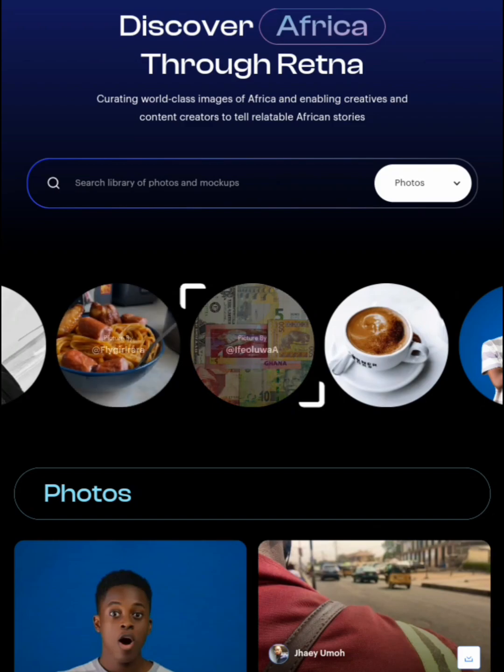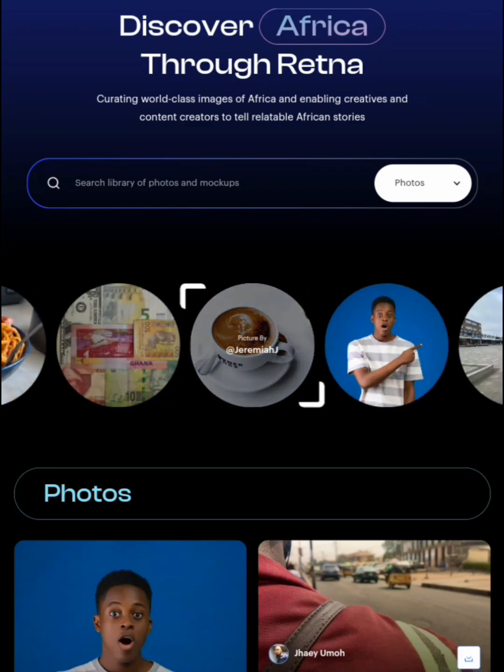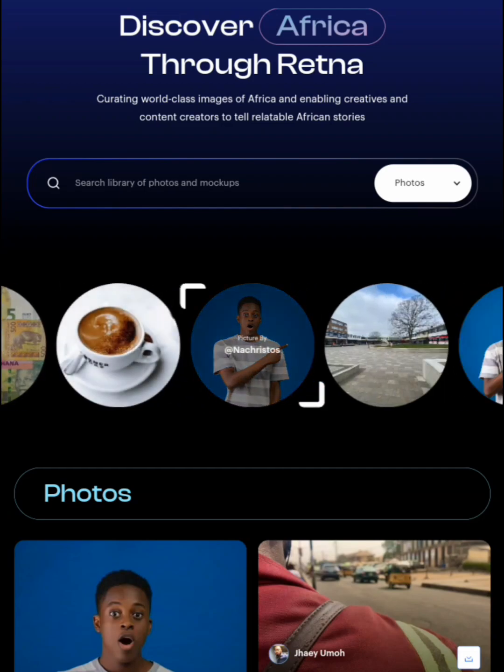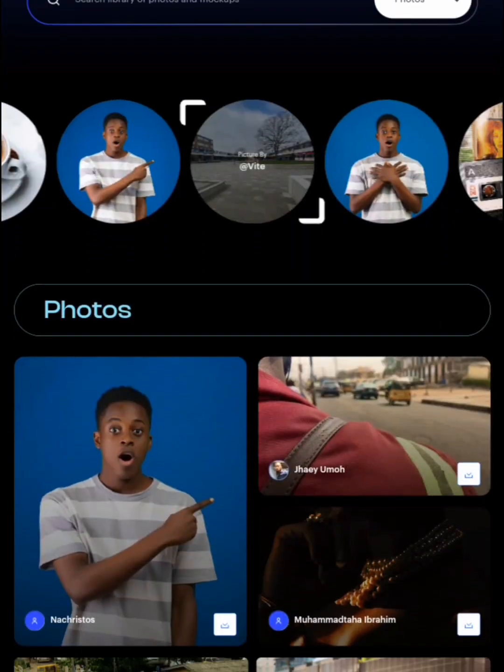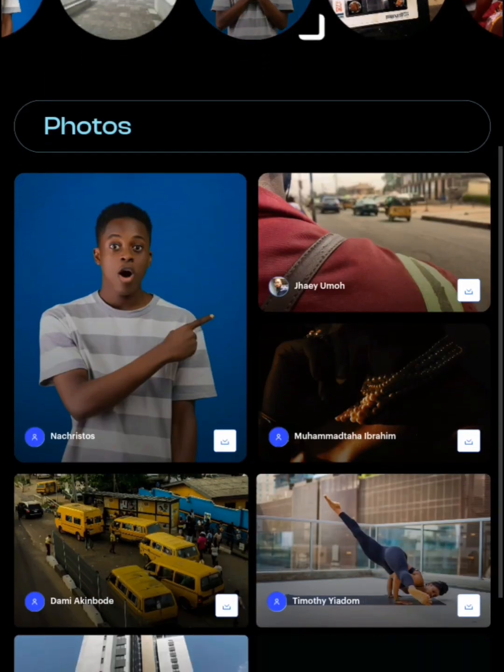Most of the sites you guys use are actually Pinterest when it comes to Nigerian images. Well, this is time for you to try out a new site which is called Retna. The link to the site is actually in the description below, so do click on that and follow me in this tutorial. So this is the home page right here right now, where you can see images that are being